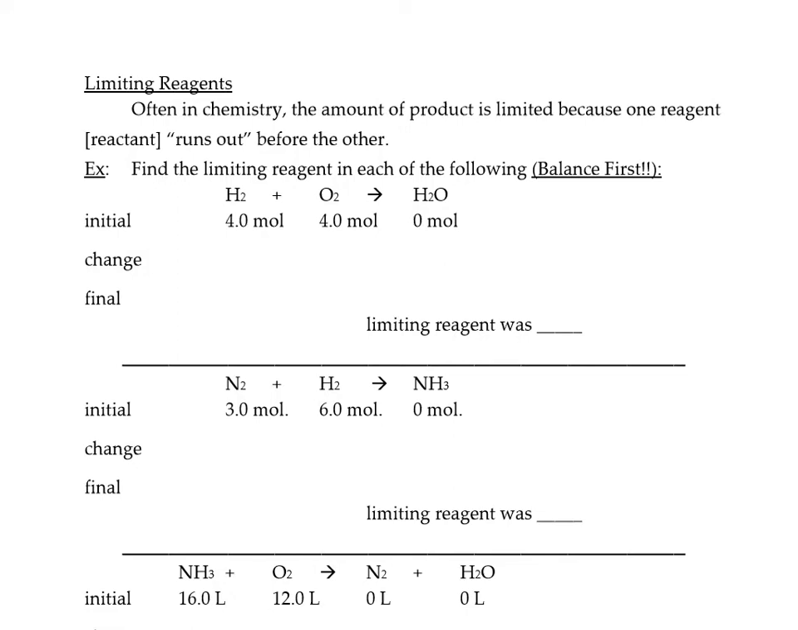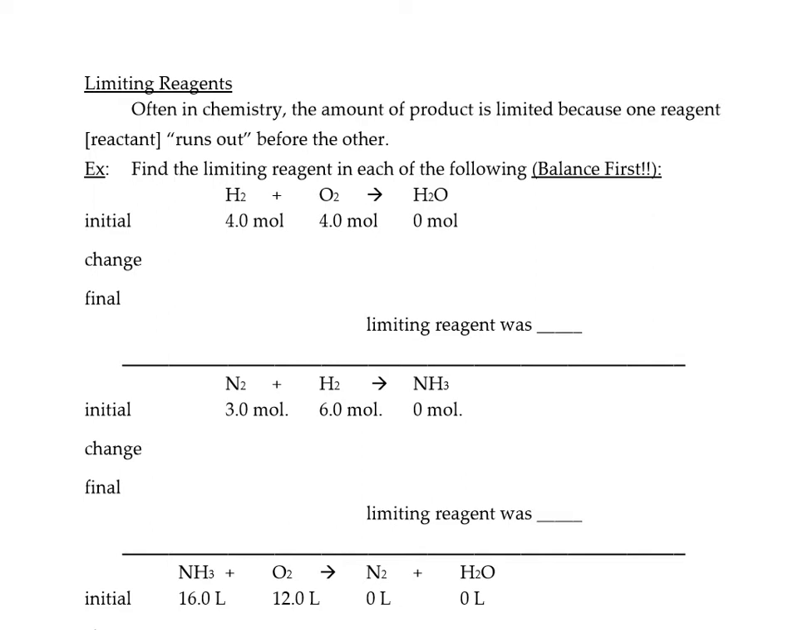Today we're going to be discussing limiting reagents. What happens in chemistry is the amount of a product is limited because one reagent or reactant runs out before the other. The way to recognize a limiting reagent problem is because you're going to see both reactant amounts given, whereas in the previous notes I only gave you one reactant, so then you could figure out the other reactant and figure out the product. But now if you're given both reactants, you're going to have to figure out which one will